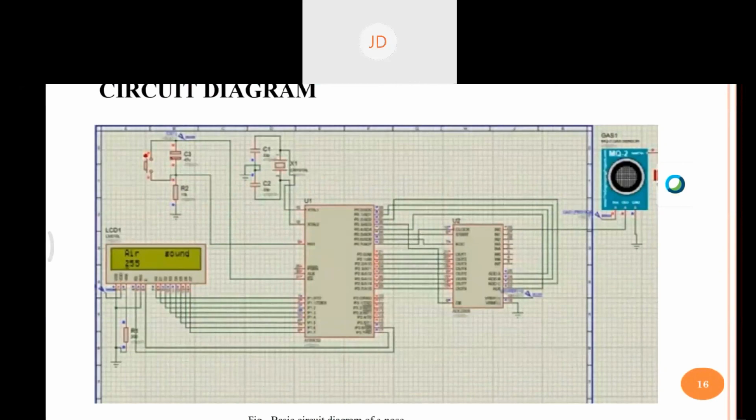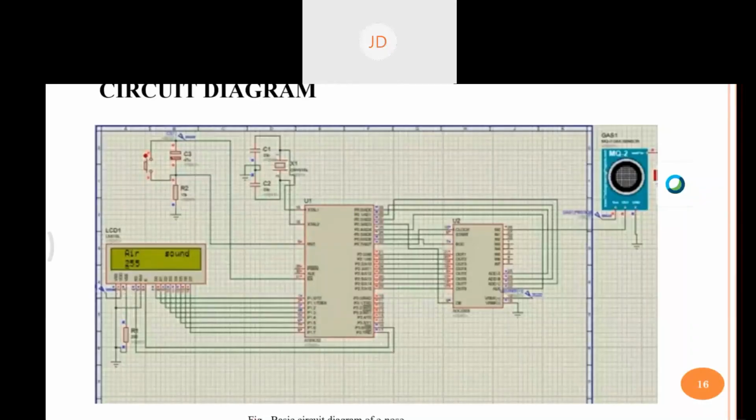But when the sensor is placed in a toxic or combustible gaseous environment, the chemical bond between the oxygen and the free electron breaks. This releases the free electrons. So the free electrons go back to their initial position and they can conduct current. The conduction will be proportional to the amount of free electrons available in the tin dioxide layer. So if the gas is highly toxic, more free electrons will be available, and according to that, we can get the concentration of the gas.